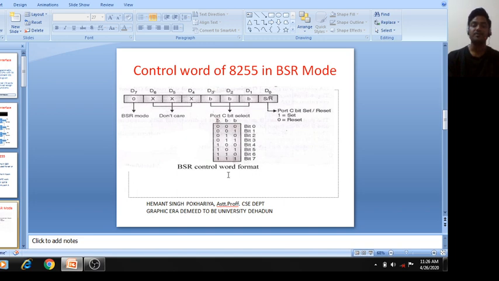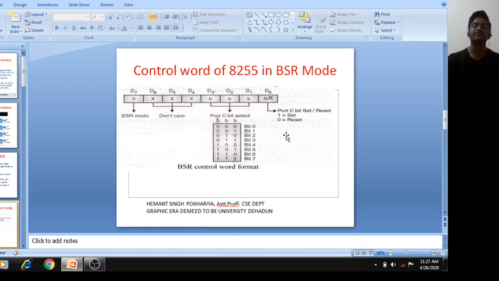Suppose we want to reset the fifth bit of port C. Then what will be the value of the control word or control register?